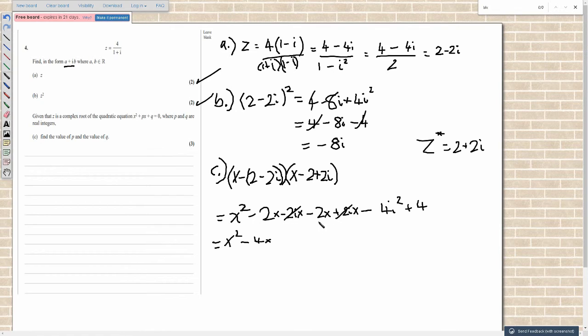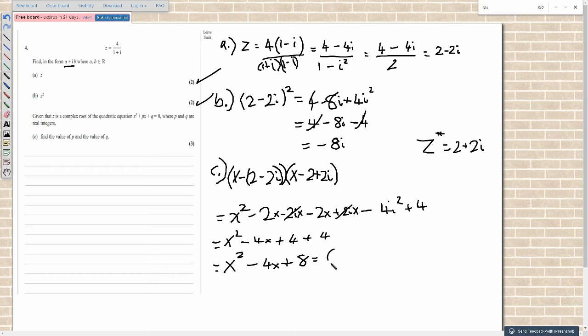So I've just got minus 4i squared, so that's minus 4 lots of minus 1, so that's plus 4, plus the other 4. And then just simplify again: x squared minus 4x plus 8